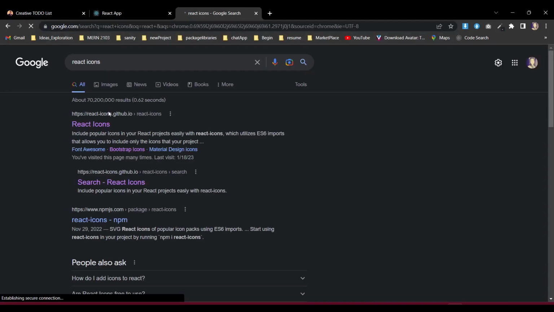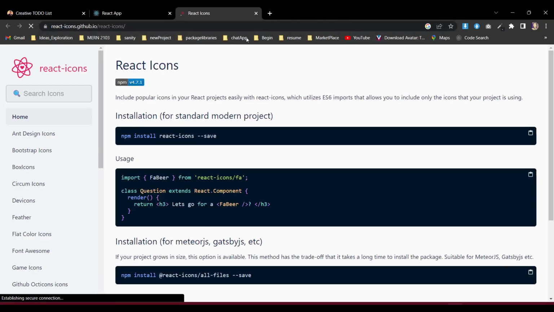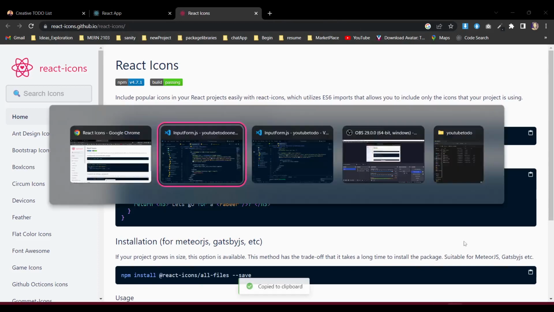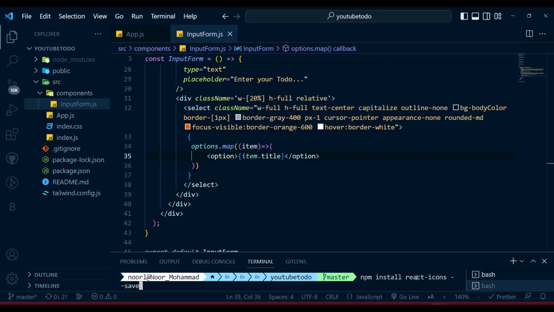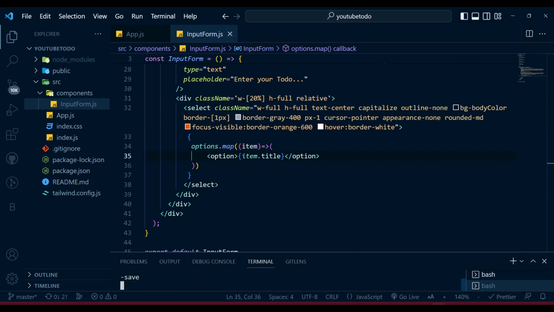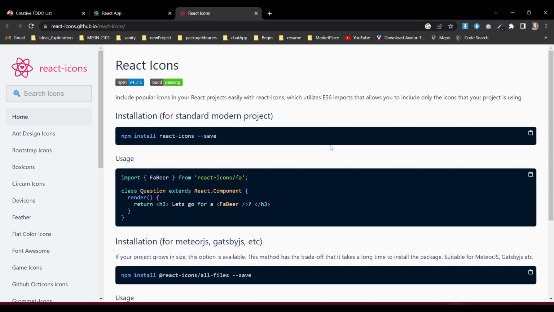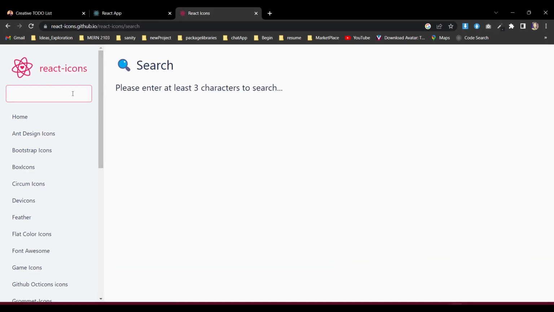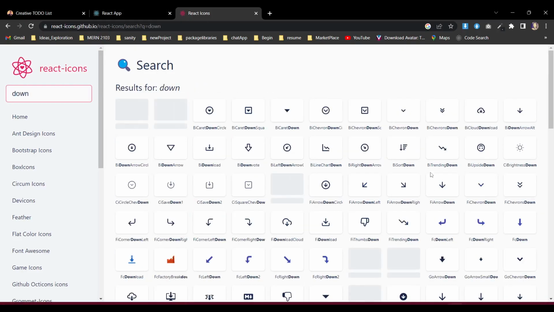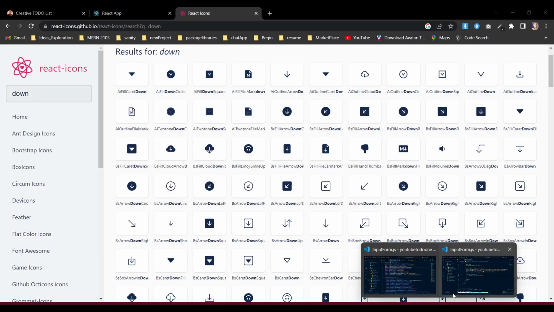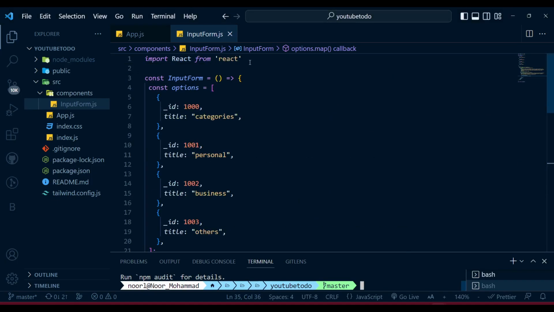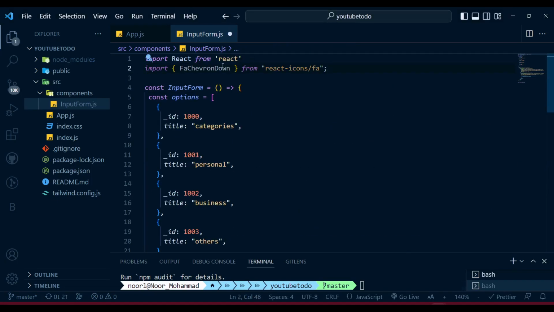I love to use it. It's very simple to use actually. Let's copy that, and in our other terminal install that one, and for that one we can search any icon like down. So you can search whatever icon you like to just put it there. For the time being, for our today's project, I would love to use that one, first chevron